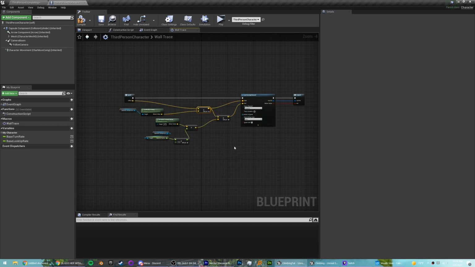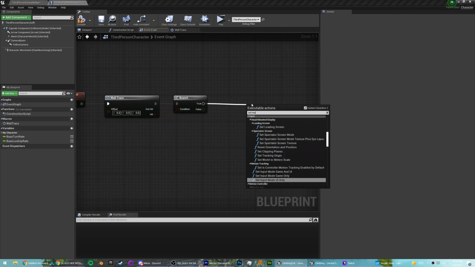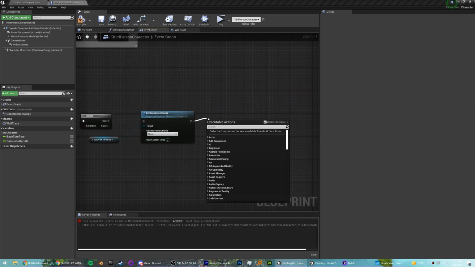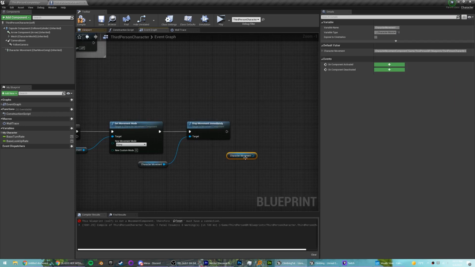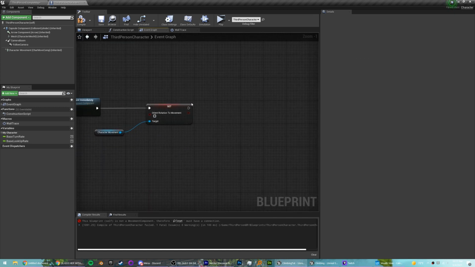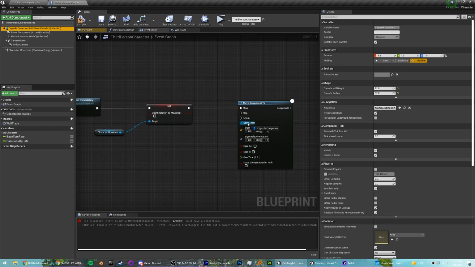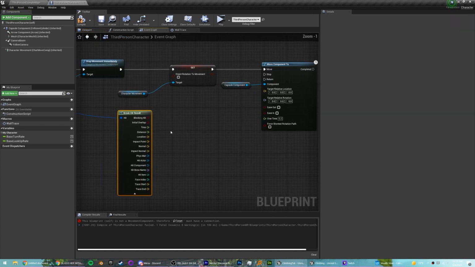If the hit is true, set our movement mode to flying and stop our movement immediately. This will get rid of any momentum when we attach to the wall. Next, we want to set orient rotation to movement to false, since we don't want to be rotating around while climbing. Put a move component to node with a capsule as our component and a target location as the out hit location